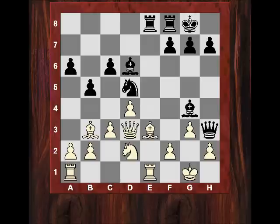It looks like white's just a pawn up, and even quite a strong GM could say, surely white's better here, he's a pawn up, what has black got? But there's the two bishops that just hold things together, and if white tries too hard to win, he can end up losing. Okay, so another possible line that we should mention,